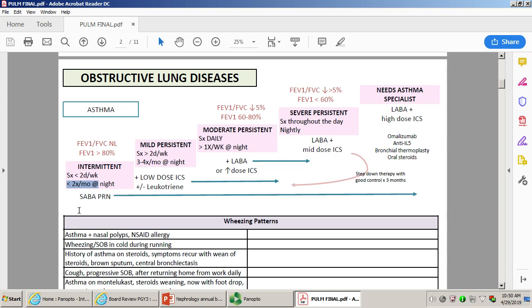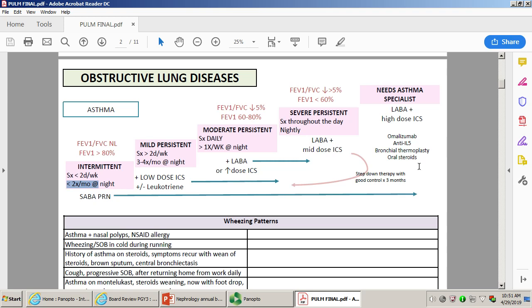So as you're going up this ladder, you're on a short-acting albuterol as needed, you add on a low-dose inhaled corticosteroid. Your next step is increasing your corticosteroid or adding on the long-acting beta agonist. I think a couple of questions could ask, for more refractory patients, what additional therapies could you use? And that is question number 1 on this side sheet. Medications that can be used in severe allergic refractory asthma: so if somebody also has a high IgE level,